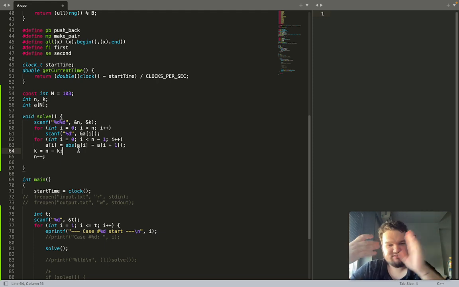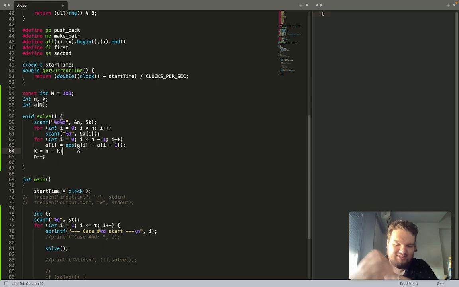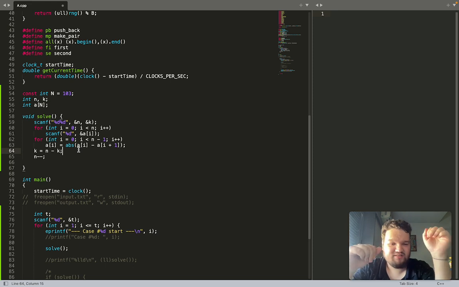We need to just split the array into the k smallest values and the n-1 minus k largest values. We don't care whether the order in each part is sorted or anything else. We only care about the sum of the smallest part. And I assume there should be a function like partition, but instead we can